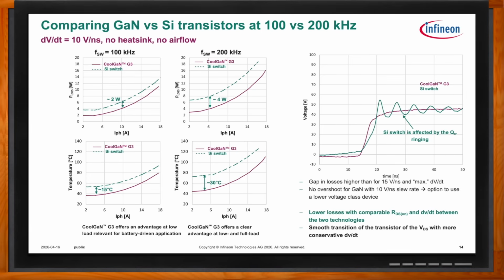I don't know that you'll get a significant benefit, but what this shows is that at either frequency, whether I'm looking at power loss or at temperature rise, in every case, from lightest load to full load, there's a clear benefit. You could argue that it's a smaller benefit at 100 kilohertz. It clearly gets better as you go to 200, but even at 100 kilohertz, clearly a significant benefit in terms